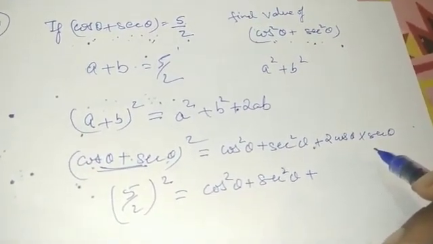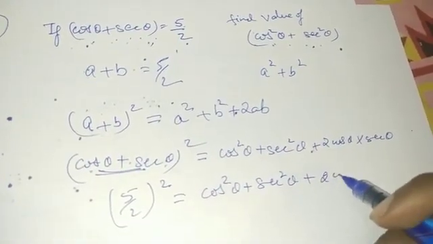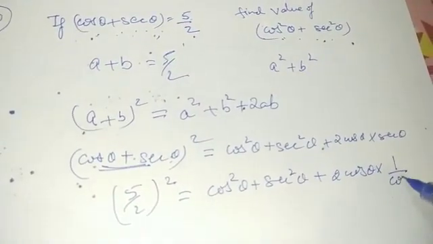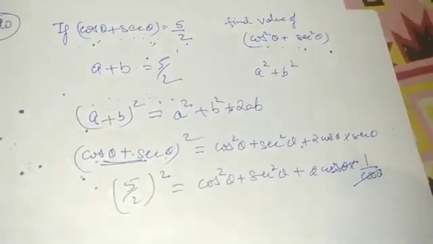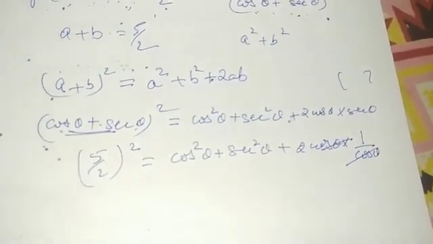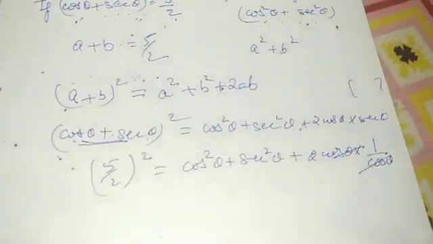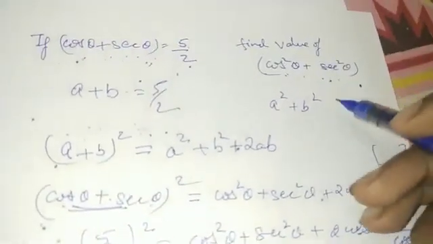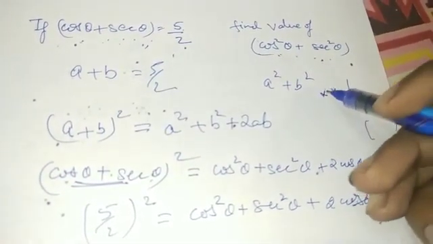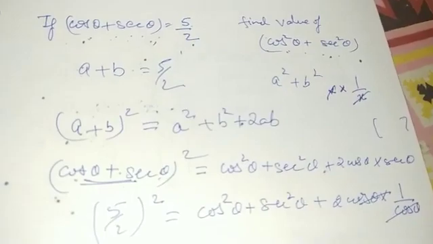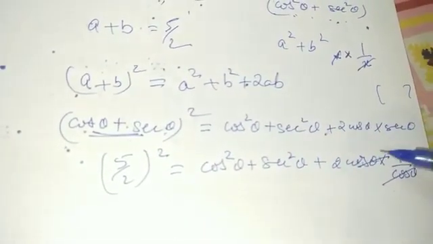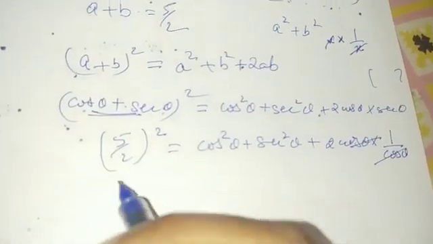If you want, you can write down the lower term and then solve. That is, copy down cos theta into sec theta. Sec theta is the reciprocal of cos theta, so we can write it in this very form, and this gets cancelled out. Or you can mention on the right hand side that cos theta multiplied by sec theta is equal to 1, because they are reciprocals of each other. Let's take an example of x. What will be the reciprocal of x? 1 upon x. So when multiplied, we obtain 1. Any number multiplied by its reciprocal will be 1. So that is what we can write, cos theta into sec theta equal to 1, or you can show it in this very form. Alright, let's continue.